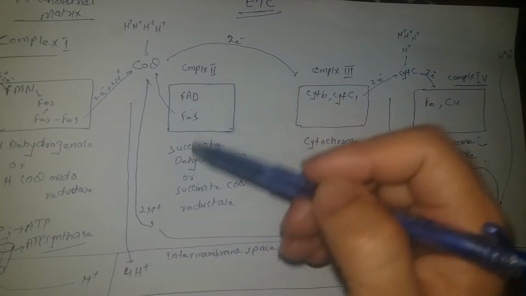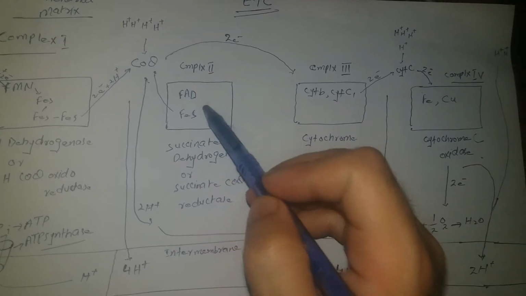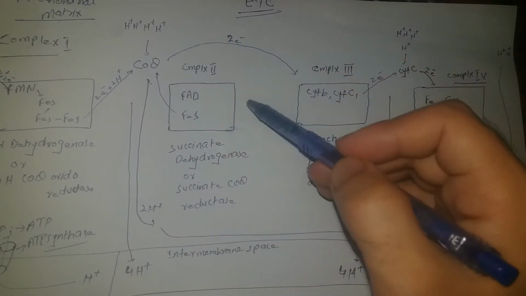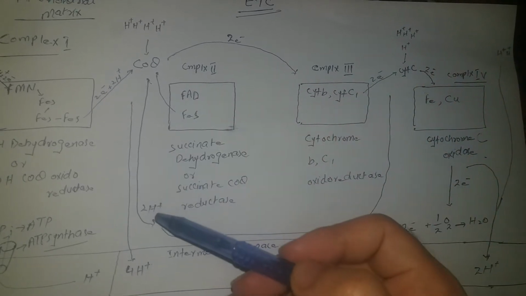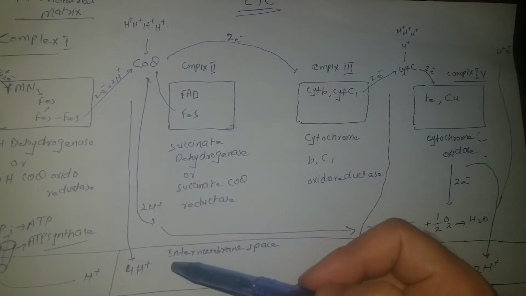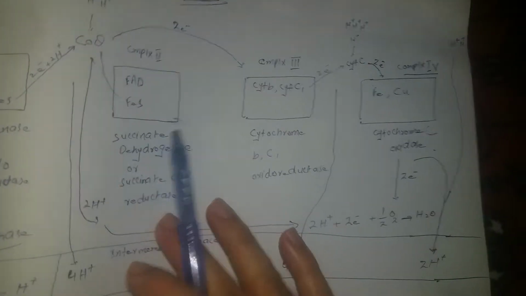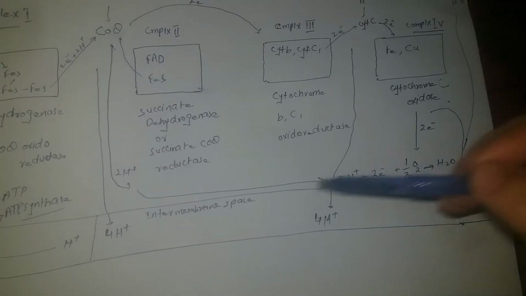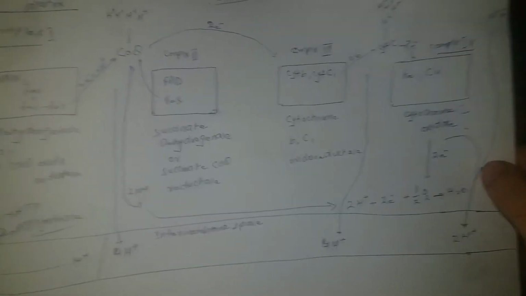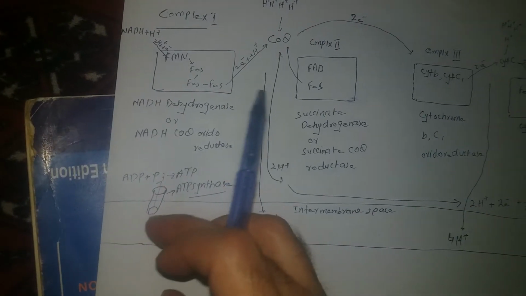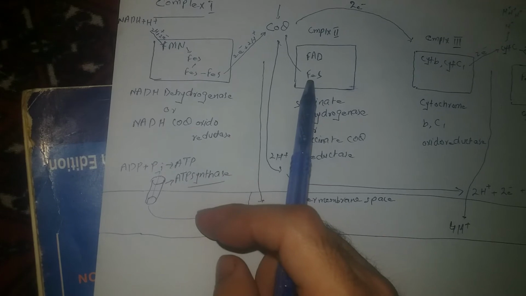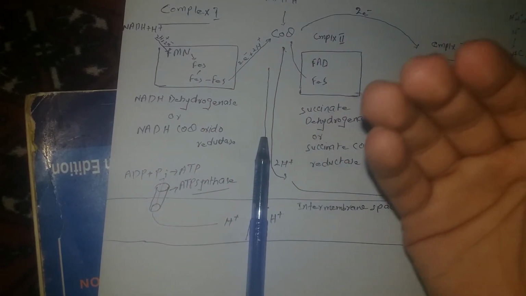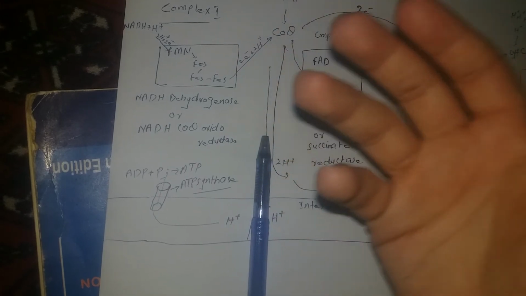But there is another difference. When electrons are moving from complex 2 to complex 3 via coenzyme Q, energy is not released so much that it will pump protons into the intermembrane space. So here no protons will be pumped, but in the next step 4 protons, and in the last step 2 protons. So the total number of protons pumped is 6 for FADH2, and these 6 protons, when they enter through ATP synthase, which is also called complex 5, will produce 2 ATP. So that was the electron transport chain. It is also called oxidative phosphorylation.